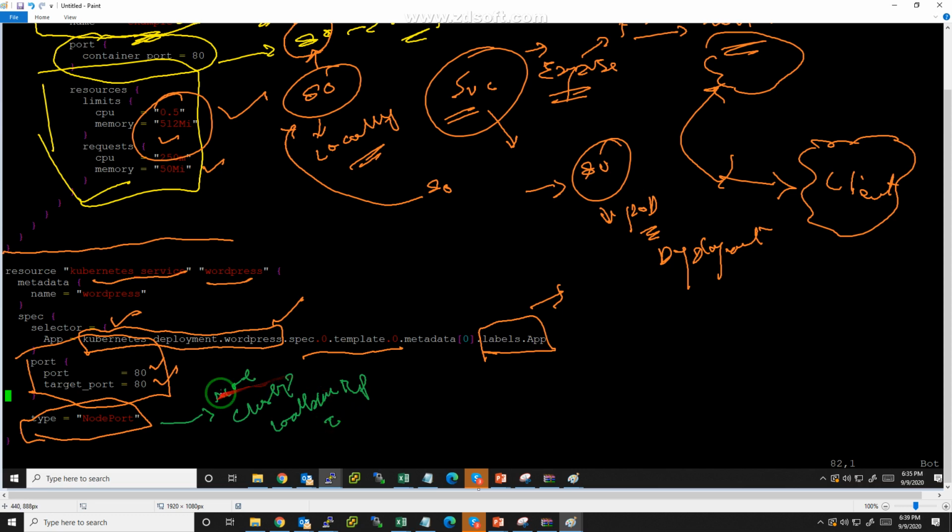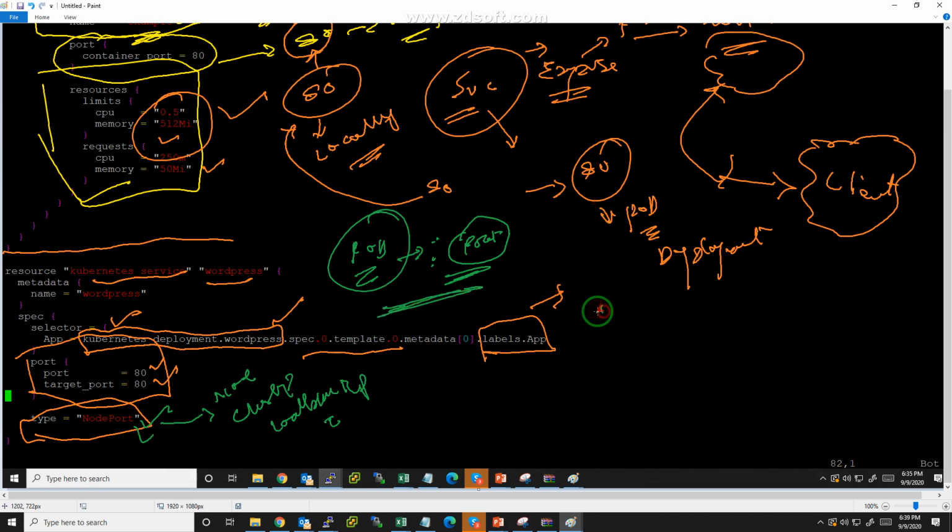So we are using NodePort, which means whenever your pod is launched on a public IP, you will get a port number, any port number. So your node port will be attached with your public IP.